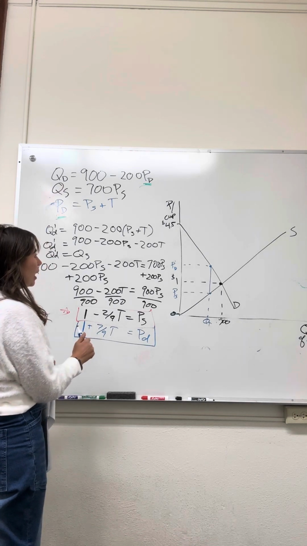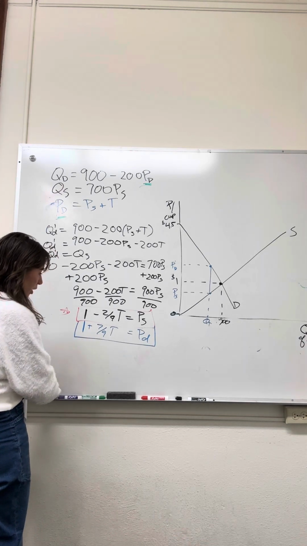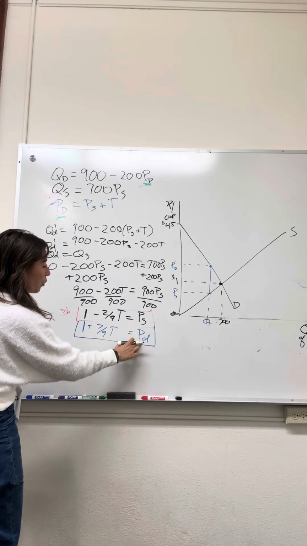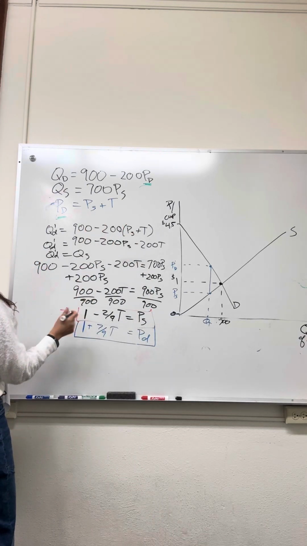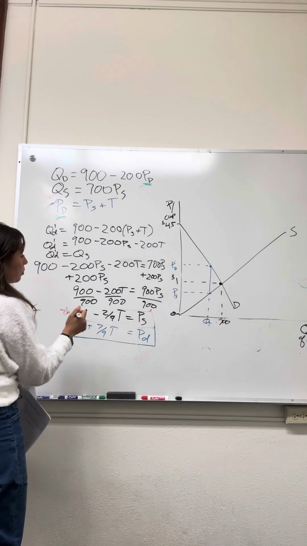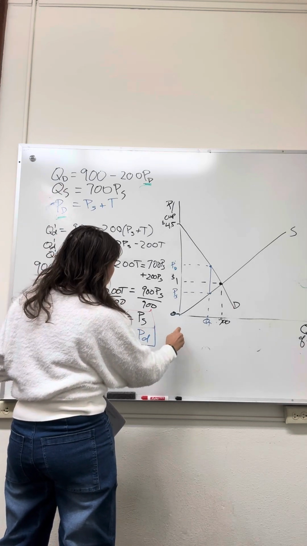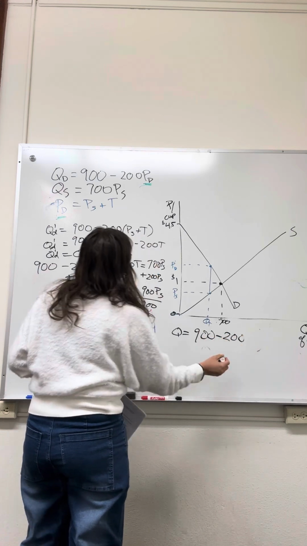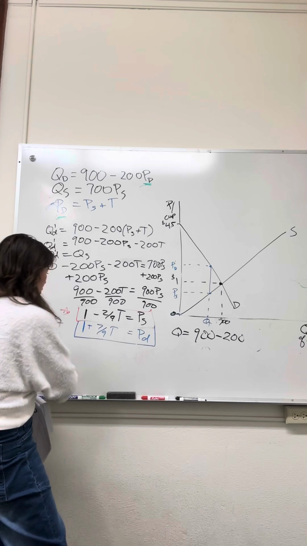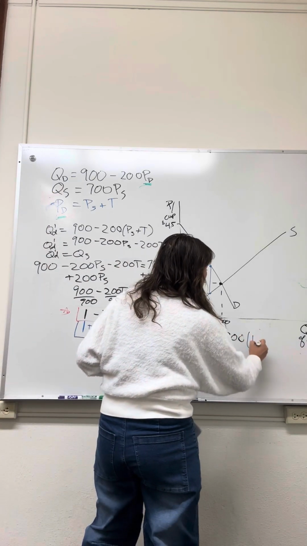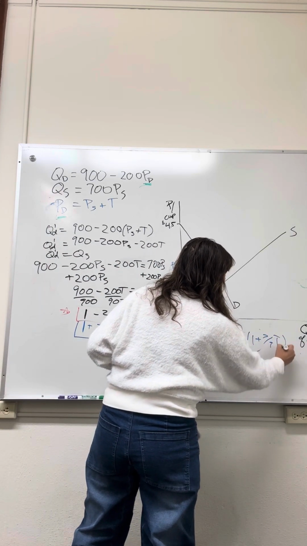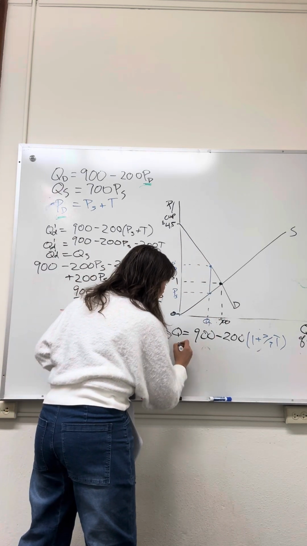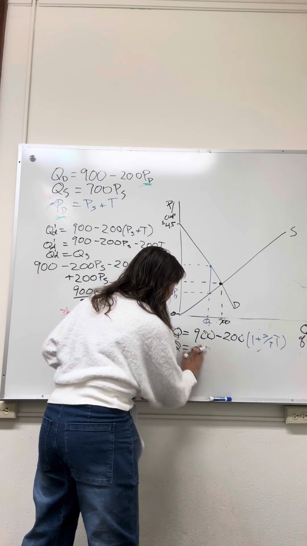And finally, I have to find how Q, the quantity traded in the marketplace, fluctuates with the existence of the tax. So my choices are either to take the equation for PD or PS and plug it in. And because we've been consistently plugging into demand, we'll do that one more time. So I'll say that QD is 900 minus 200, and then I'll take the equation for PD, which is in blue here, 1 plus 7/9 T. I'll distribute the 200, and what I end up getting is the quantity traded with the tax is equal to